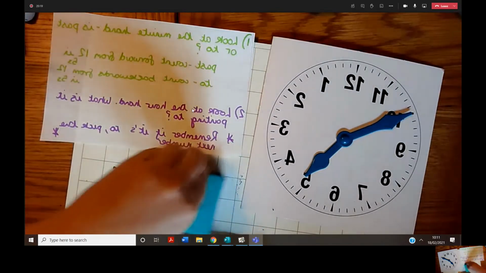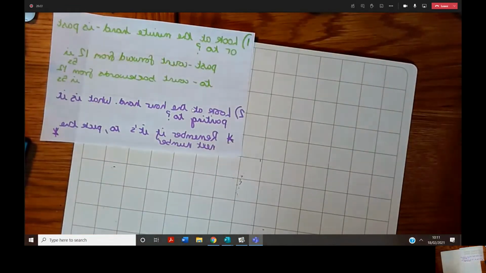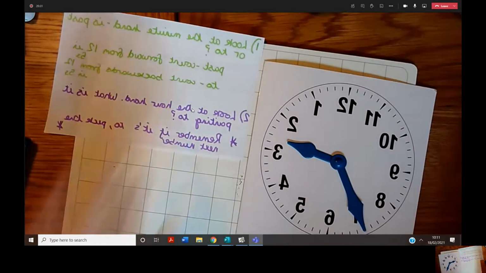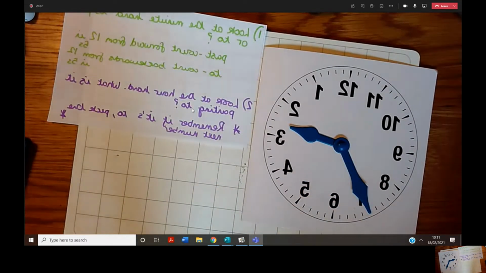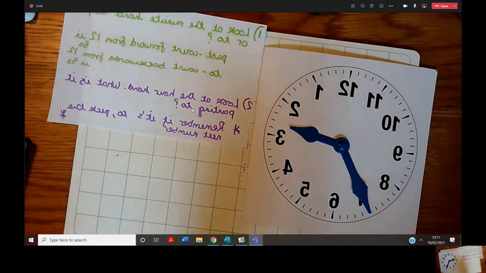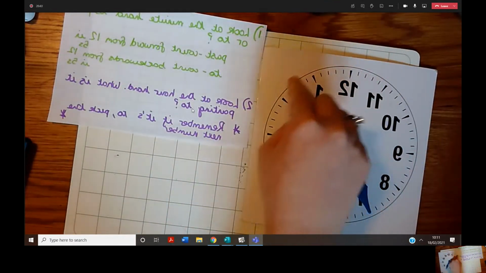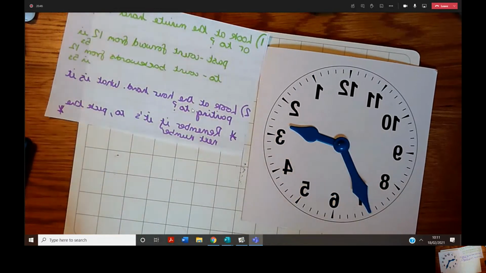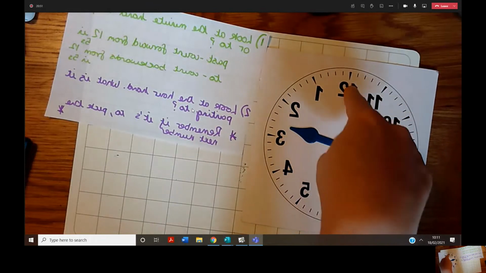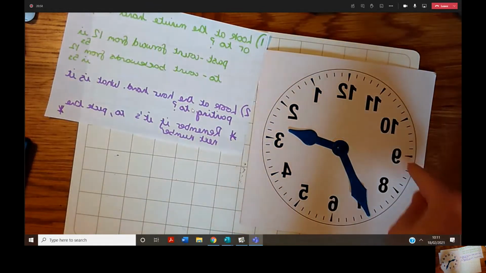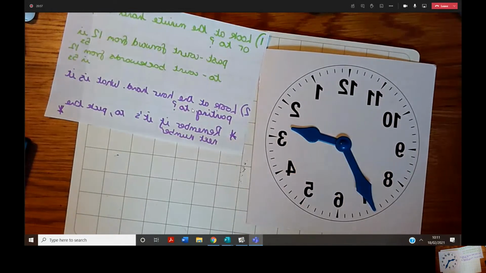Let's do one more example with to. So, first step, where's my minute hand? Think about my magic point here, half. Again, if you have access to a clock, get some post-it notes and stick them all over it. Am I past my half? Yes, I am. So I know it's going to be to. So we're going to count back from 12. 5, 10, 15, 20, 25. So it's 25 minutes to